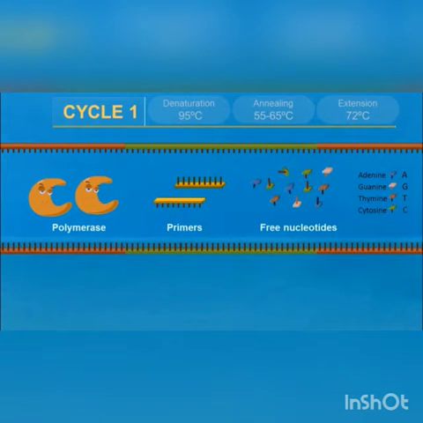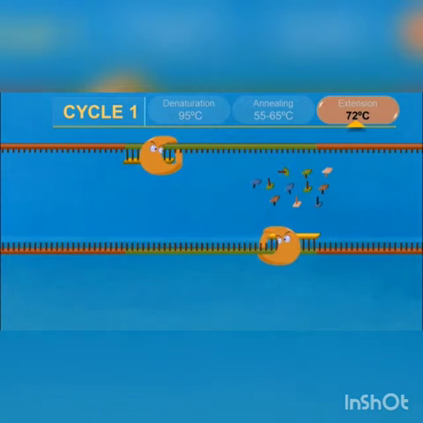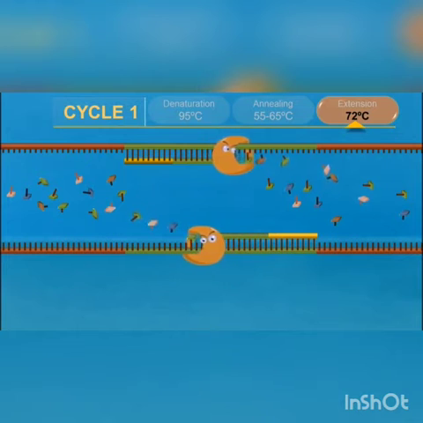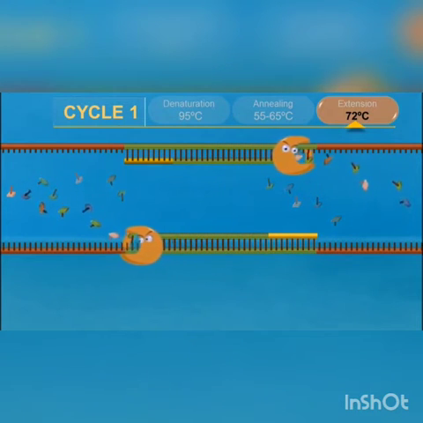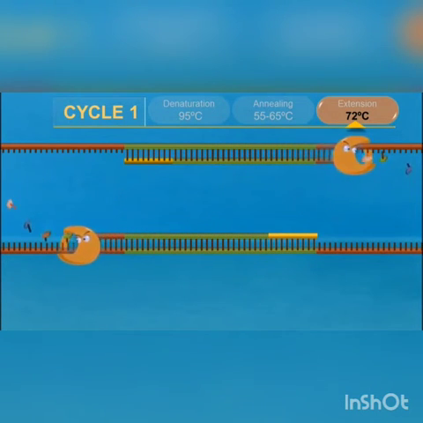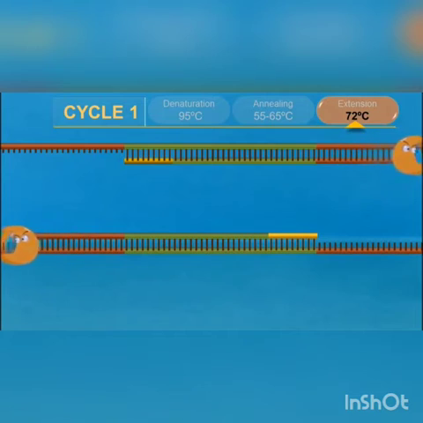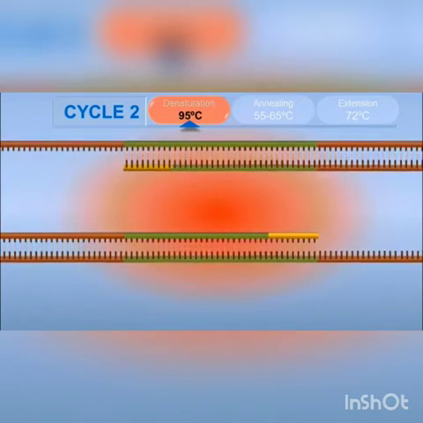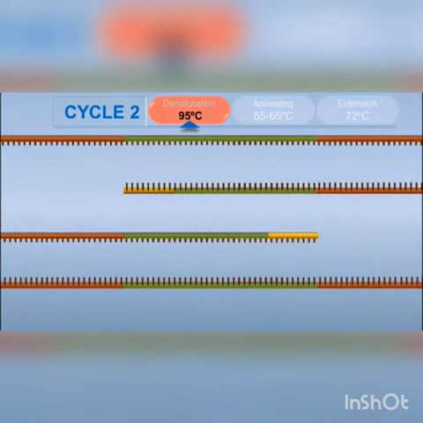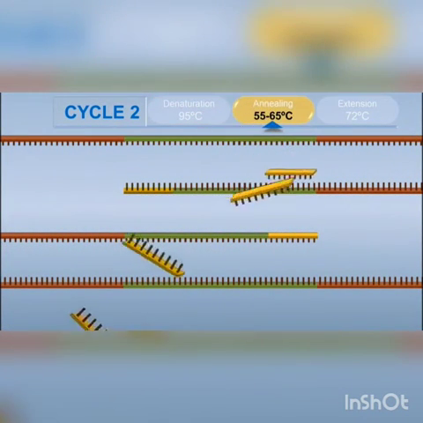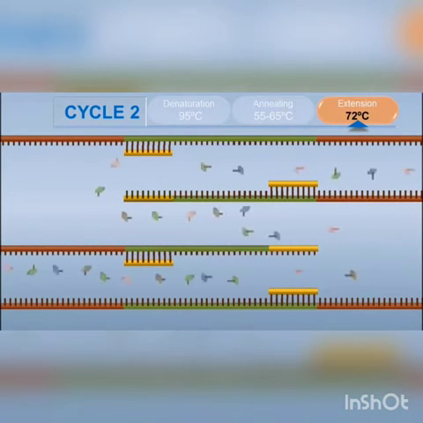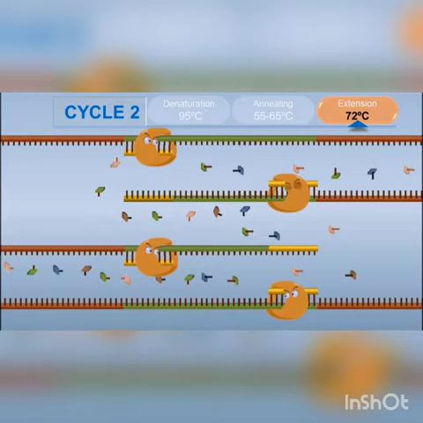During primer extension or synthesis, the temperature of the mixture is increased to 75 degrees centigrade for a sufficient period of time to allow this Taq DNA polymerase enzyme to extend each primer by copying the single strand template. These steps are repeated again and again to generate multiple copies of the desired DNA. This process is also called DNA amplification.